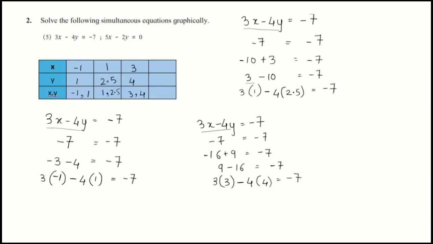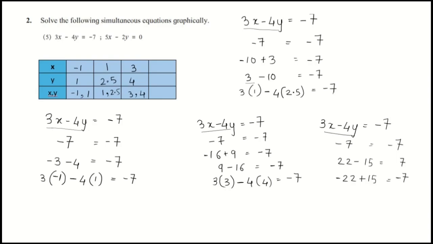Last point that we need to search for this equation, 3x minus 4y is equal to minus 7. On solving this, we should get minus 7. To search for points, if we take 22 minus 15, we will get positive 7, but we need minus 7 here. So let's make this 22 as minus 22 and plus 15. This will give us minus 7. Why? Because plus into minus is minus, 22 minus 15 is 7, and the sign of the bigger number is minus, so minus 7.